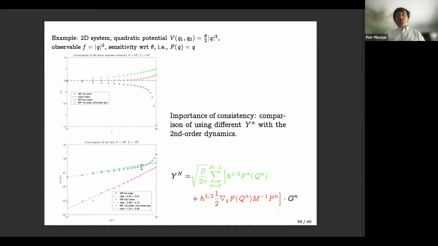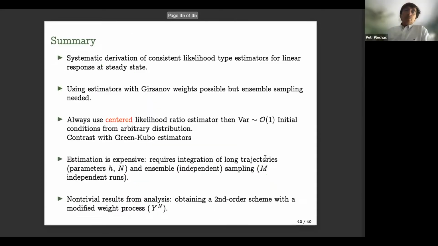So in this case, you also see that the gain is one order of magnitude in estimating this sensitivity index, which is a fairly significant improvement when it comes to estimating the transport coefficients. Okay, so I'll stop here. I'll leave these